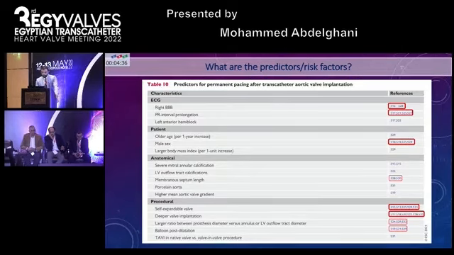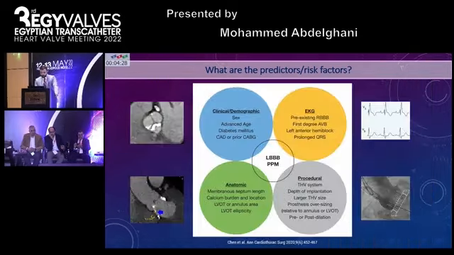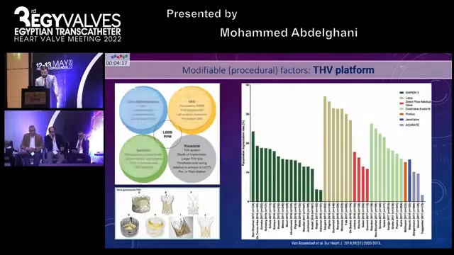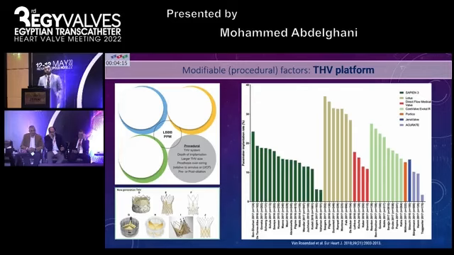These are again the list, and the red boxes on the right show you the weight of evidence supporting each of these risk factors. And again, some authors like to classify these risk factors into clinical or demographic, EKG or ECG related, anatomic, and procedural. And if we go to the procedural risk factors, because they are more or less modifiable, and this is where